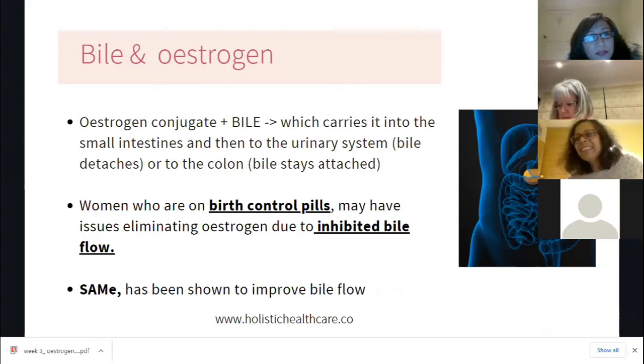even something very simple: the citrusy, bitter part of the skin of organic lemons and oranges. They're all very bitter, right? Anything that you can taste that's bitter is going to improve bile flow. So if you're buying lemon, try to buy the organic one so you don't have to chuck out the skin, and then grate the zest of the skin. If you're making a salad, make sure you grate the zest of organic lemon.